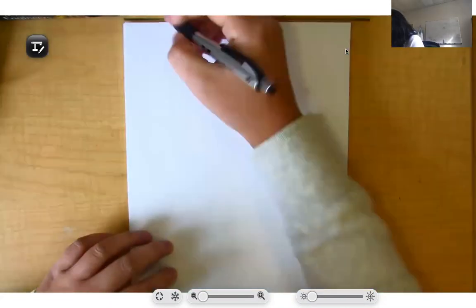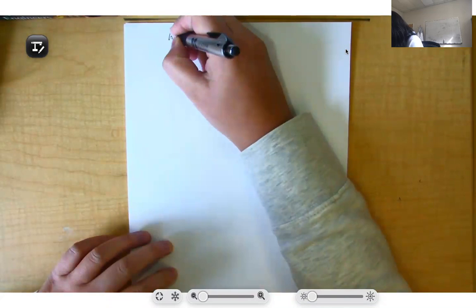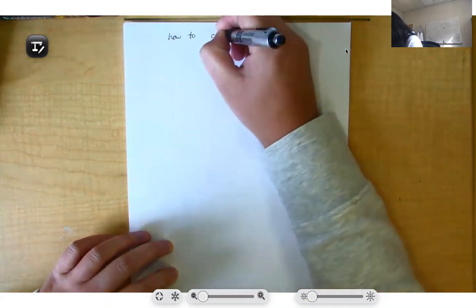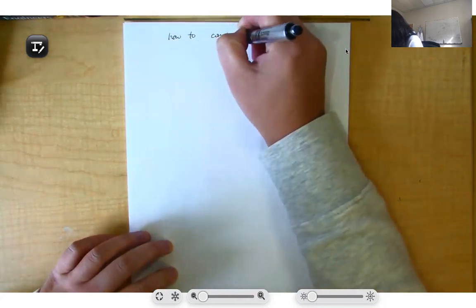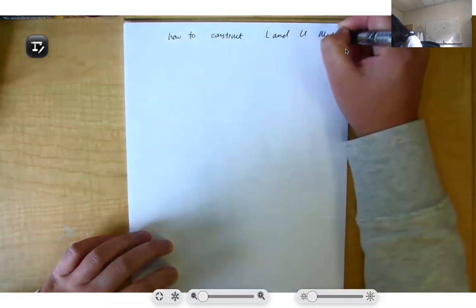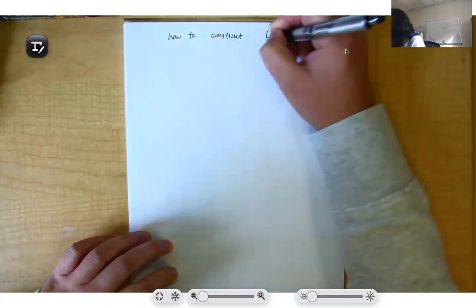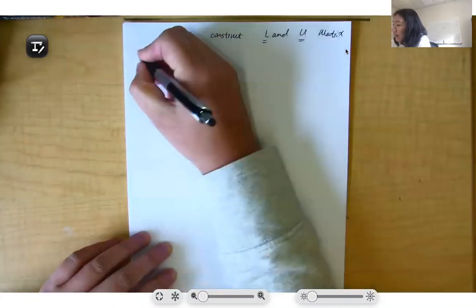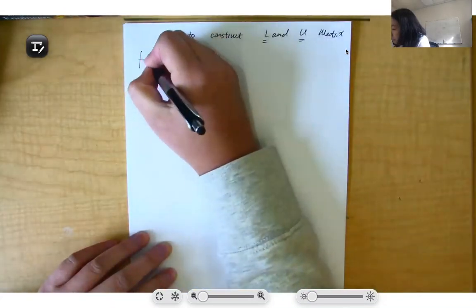So we will show two examples to analytically solve for the L and U matrices for LU decomposition. Okay, how to construct the L and U matrix. Okay, let's make an example. For example,